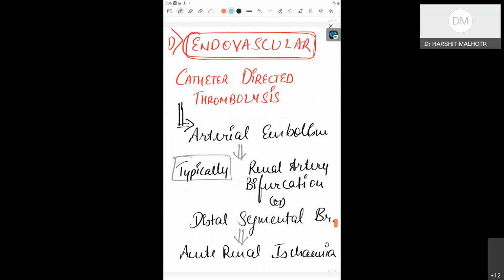Now, when do we do endovascular interventions? With the advent of catheter-directed thrombolysis, pharmacomechanical thromboaspiration or thrombectomies, we can take out the thrombus, decrease the thrombus load, and hence revascularize the distal vessels. In arterial embolism, this is typically when it is involving the renal artery bifurcation or a distal segmental branch, as I discussed